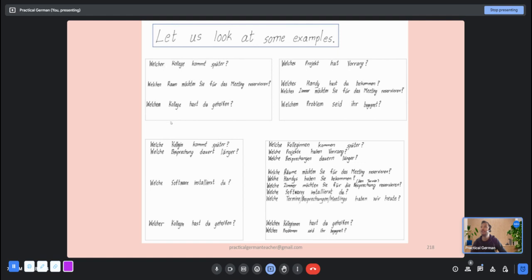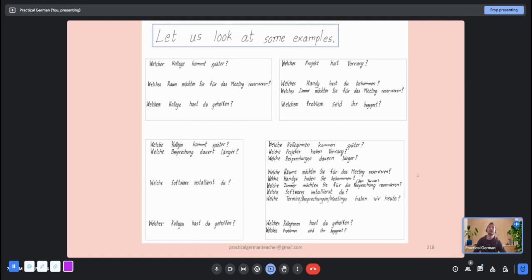Später, it was R. For Kollegin, the R is gone. Right? Welchem Kollegen hast du geholfen? It was M. Now, if I only changed Kollege to Kollegin, Kollege means a colleague who is male, and Kollegin is a colleague who is female, right? So for male it was M. For female it is R. Notice, right? So continue, please.